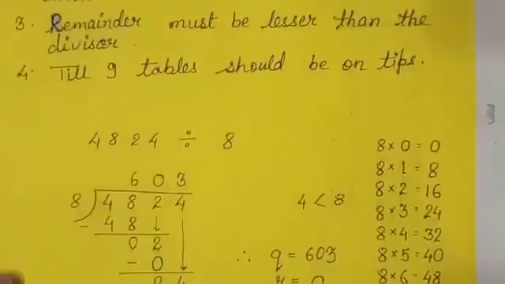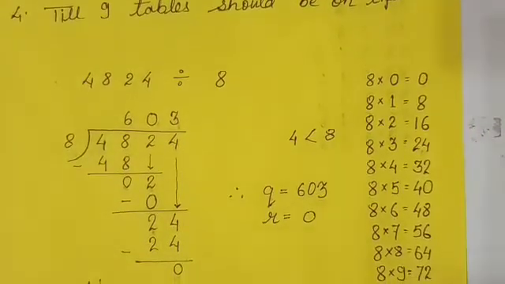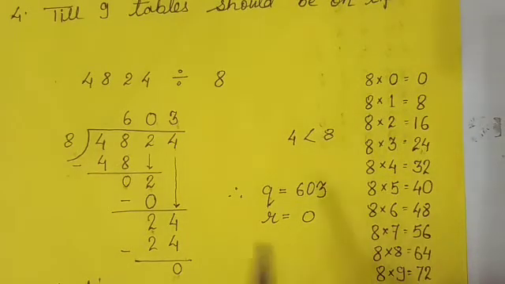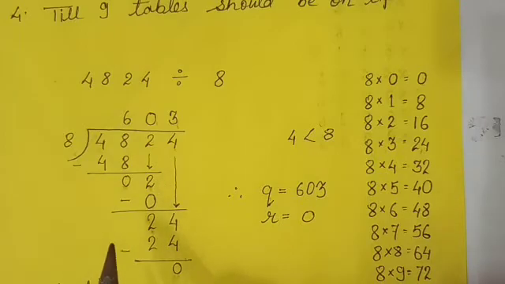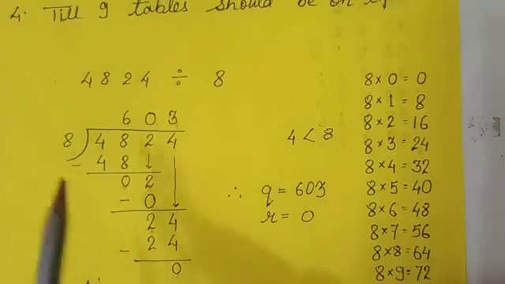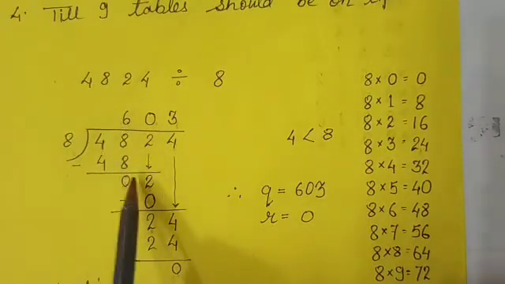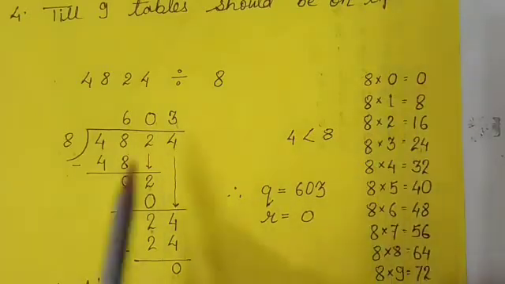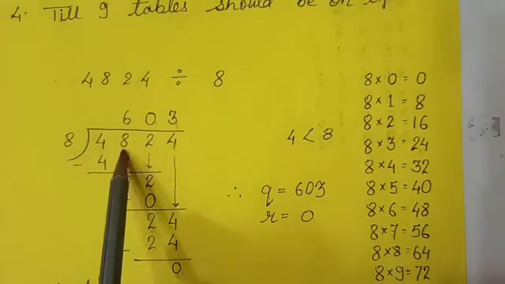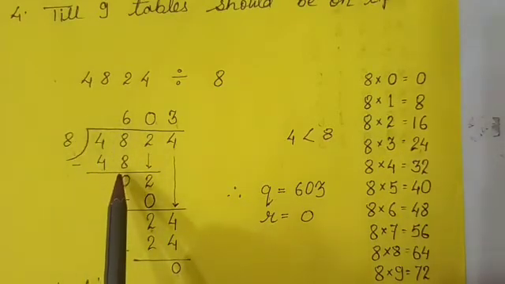See another example of division, 4824 divided by 8. It is always easy if we write the table on the right side, then the calculation will be easier and correct. Look at here, the 8 is the divisor, the table is written here. Now when we divide this 4824, 8 6s are 48. It is visible here, 8 6s are 48. First of all, the first digit 4 is lesser than 8. Therefore, we have to consider one more digit. Altogether, the target is 48 and 8 6s are 48.